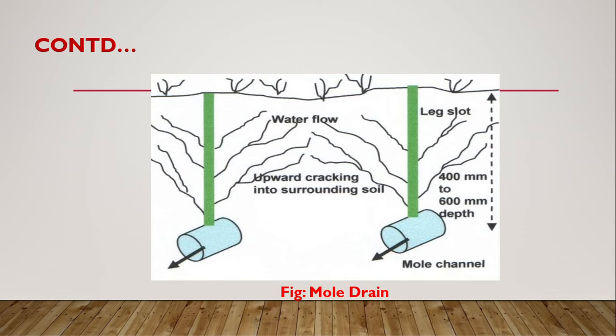Anyway, so this is the mole drain which is constructed below the ground surface, 40 to 60 or 75 centimeter below the ground surface. Normally up to 120 centimeter we can construct. So this is our ground. This is our mole channel which is constructed. Due to the construction of this mole channel, some cracks will be formed here. Later these cracks will be diminished because of the property of the clay. Clay has a cohesive nature, so these cracks will be diminished, and these cracks, if present, will allow the water to come into this channel.